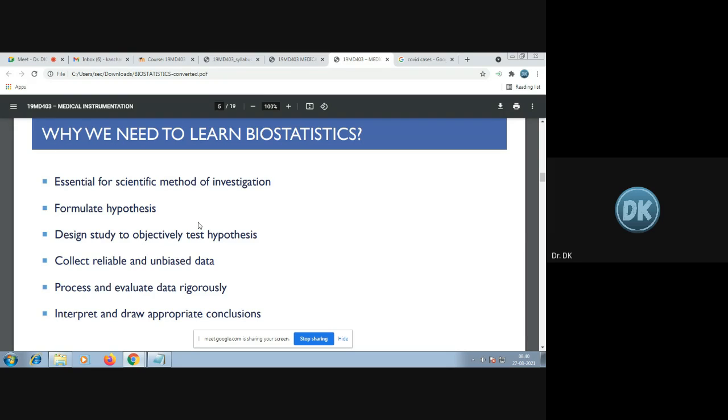In that case, you need to know how you are going to find that out, right? So you need to have some hypothesis. A hypothesis is like a theory, but it's not proved yet. You'll be having some relationship with blood pressure or body temperature, whatever it is. So you'll have some hypothesis, and then you will start building your project. You'll be designing your project, and then you will collect the data, process the data, and find some conclusions from this. This is a process we generally use in research, and it is used for your mini project and project also, right? For all those things, you should know what biostatistics is.